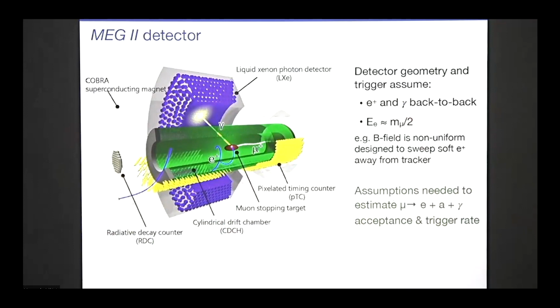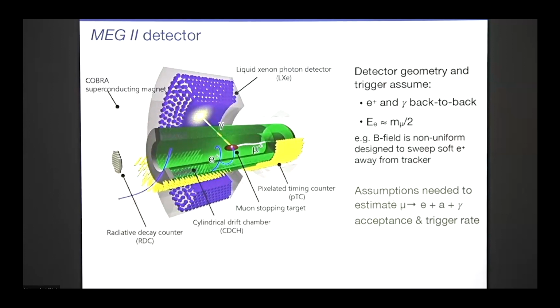MEG, as we just heard, is optimized very much for mu to e gamma, which it does a superb job of. But it means that the detector geometry is very strongly focused on looking for back-to-back electrons and photons. You see that in this calorimeter design, and the tracker is also focused mostly on back-to-back positrons. Are they also sensitive to e gamma gamma? A priori, yes, but I'll show you in a second why the acceptance for that might also be rather low.